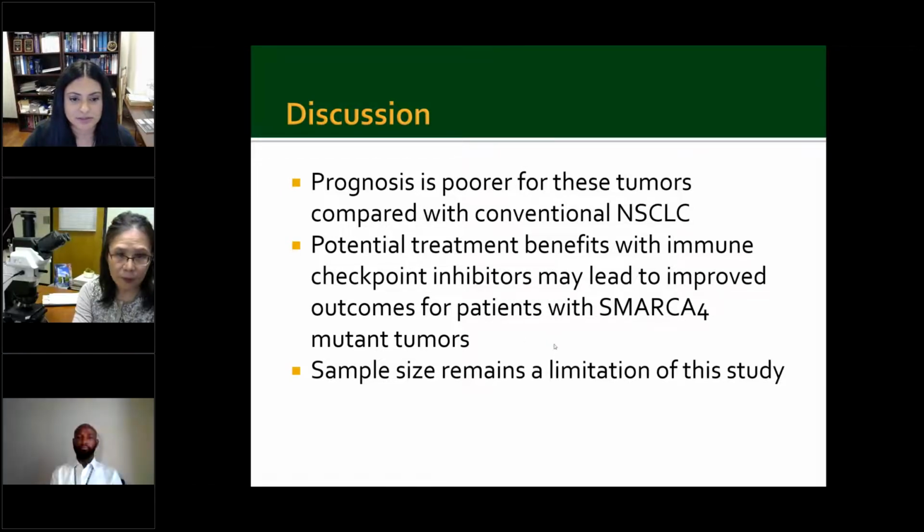But it may not be information that you would have when you're signing out the case. So as mentioned in this study, the sample size remains a limitation, though there were 8 cases in this study. Obviously, a review of more cases would be helpful to confirm that these morphologic findings are reproducible. So Dr. Shi, do you have any studies underway to look into this topic more in depth or with